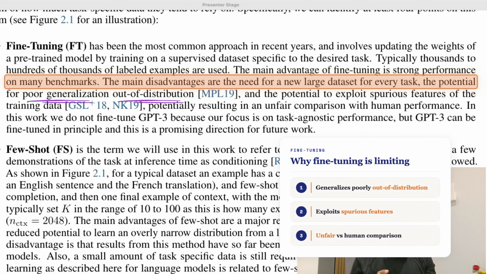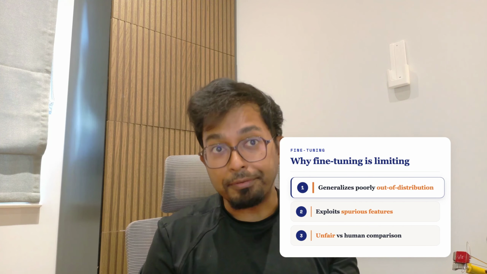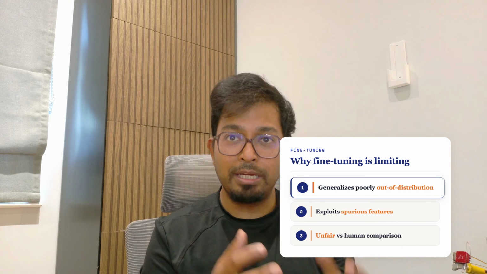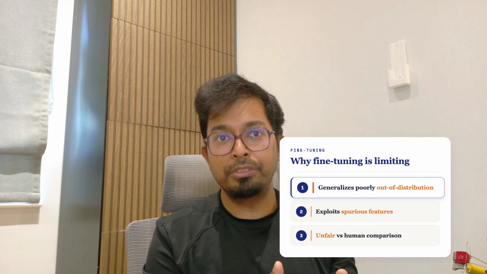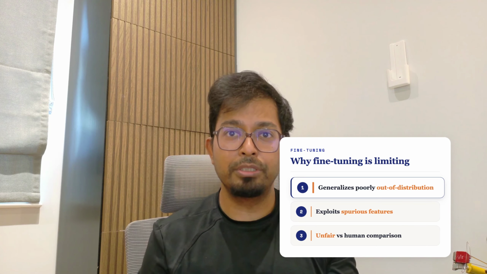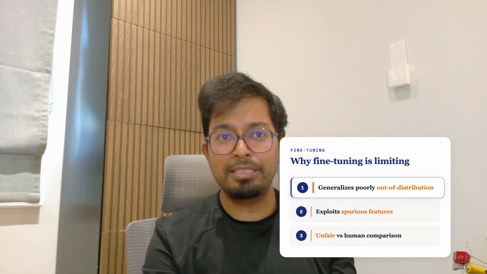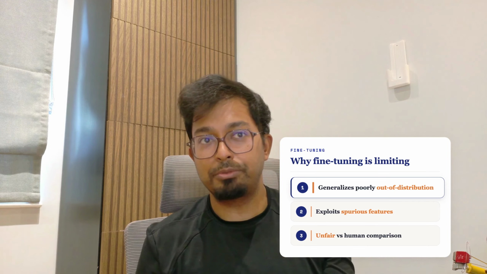Now, there are a few ideas packed in here, so I'm going to unpack them a bit. First, generalization out of distribution. Distribution just means the kind of data the model was trained on. In distribution is more of the same kind. Out of distribution is data that looks different. A model fine-tuned on movie reviews might ace more movie reviews, but fall apart on tweets or legal text. It learned the narrow slice, but not the general skill. So, very good in distribution, but poor out of distribution.